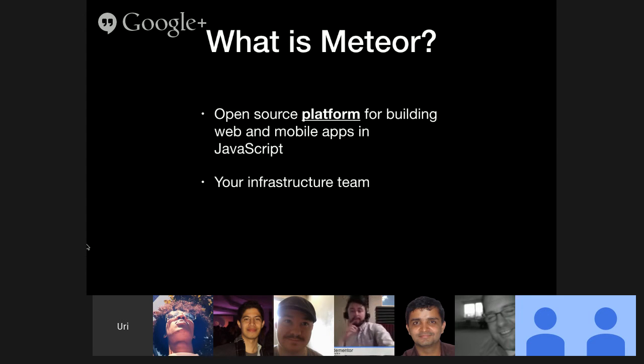And I think the same is happening on the backend. The most important thing is that front-end developers should start looking at the backend and feeling more comfortable with it. There's a lot of exciting stuff happening, and I think Meteor is the most exciting.